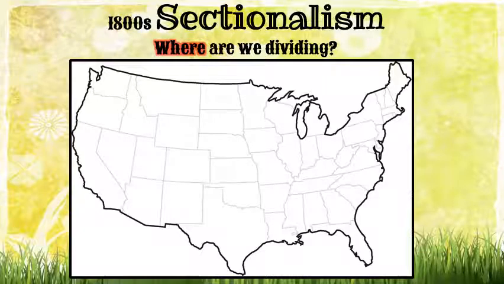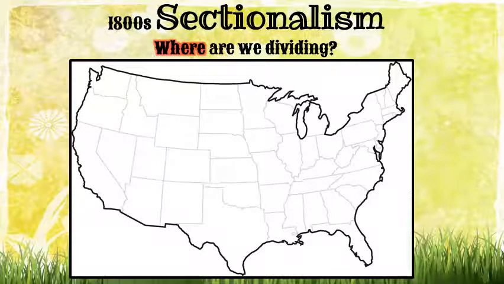So in order to understand sectionalism, let's try to figure out the definition. Obviously, we see the word section within that word, and we're going to figure out what these different sections are. Sectionalism means when you put the interest of your section or your region over the interests of the entire country, and that's what these different sections were doing at this time. This leads us up to the friction between these different parts of the country, which takes us to the Civil War.